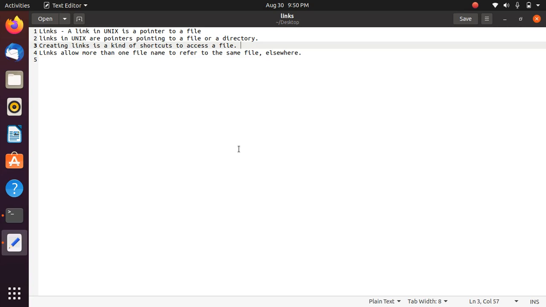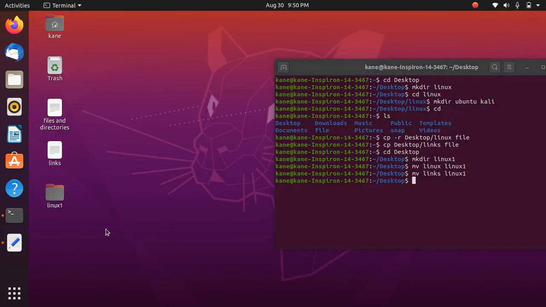Shortcuts are basically folders or files which you can use to access the original file from a different location. For example, we have this file named links. If I create a shortcut of this file, then I will be able to access the content of links in some different location.